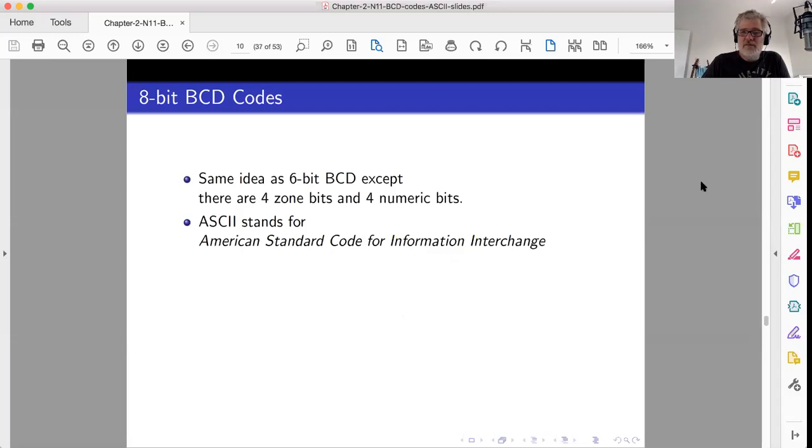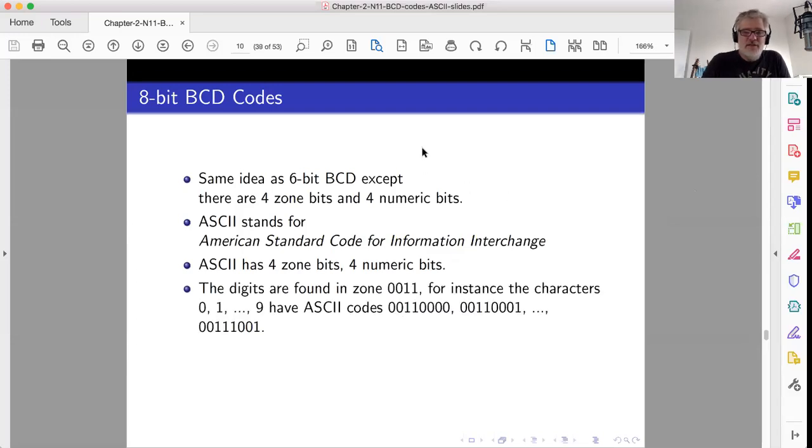So to repeat, the digits are found in zone 3, 0011, okay? If you look at the codes 0011 with all zeros, that's 0. 0011 with 0001 is the ASCII code for 1, and so on right up to 9, okay? Now, as I said, if you write down